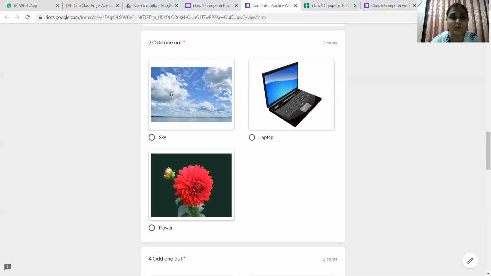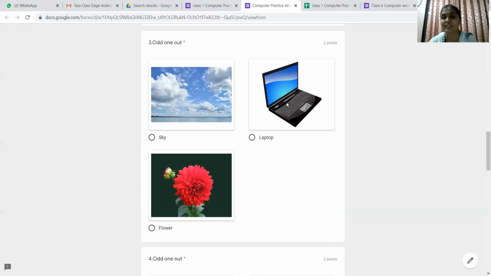Okay, so I can see blue and white sky. Sky is here. So sky is man-made or natural? It's a natural thing. Okay, I can see a laptop is there. Is laptop a natural thing? अपने आप laptop बनता है? No. So laptop is a machine, man-made thing. Okay. Beautiful flower. Flower, is it man-made or is it natural? Flower is a natural. So we have two naturals and one machine.